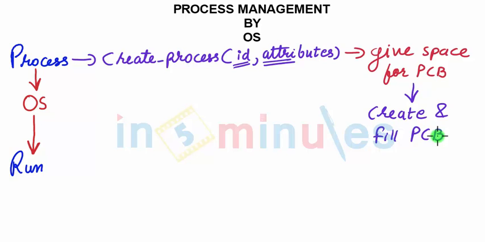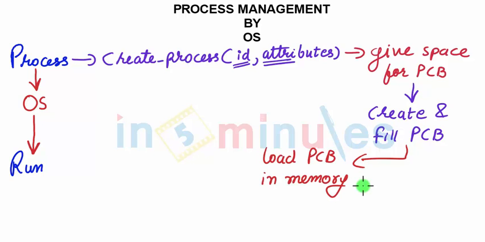In a prior video, we already discussed what exactly a PCB is, right from the ID, pointer, counter, registers and resources, everything set in the PCB. It is not that the system would start immediately. Next, this PCB will be loaded in memory. Loading the PCB in memory simply means it is loaded for a ready process. What is a ready process? In the process lifecycle, we already said that a process becomes ready and then running. So this is a queue of ready processes, and you will be loading your PCB in this queue.